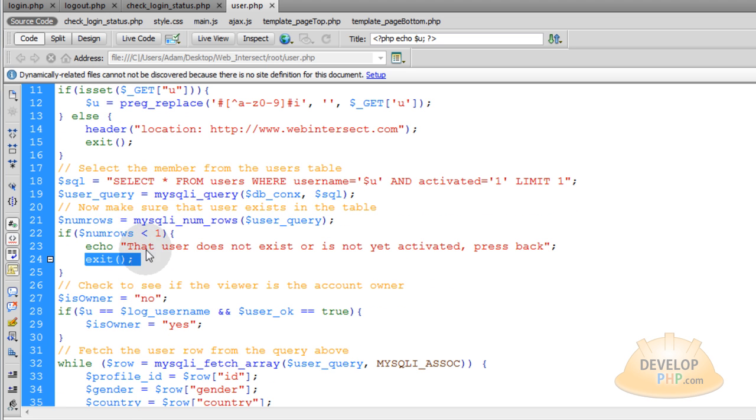So if they actually do exist, we're going to check to see if the viewer is the account owner. Because if the viewer who's looking at the page is the actual account owner that owns that page, you can do things like give them buttons that nobody else would see and other logic along those lines. So we create a variable called isOwner and we initialize it with a default value of no. Then we can simply run a condition that says if the uGet variable coming into the page is equal to